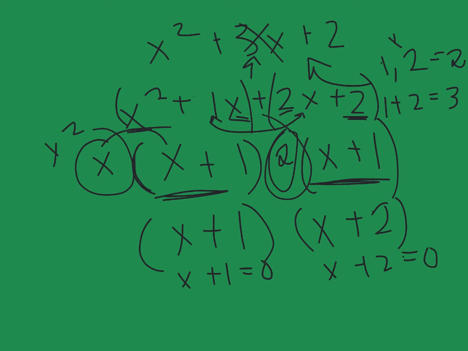and solve for x. Okay, so now let's do minus 1, x equals -1, and then minus 2, x equals -2. And now I found my answer, so x is equal to -1 and -2, because remember we have to have two solutions because it's a quadratic